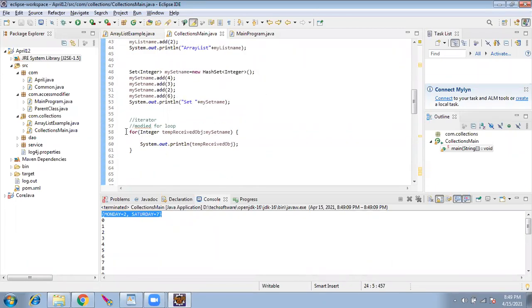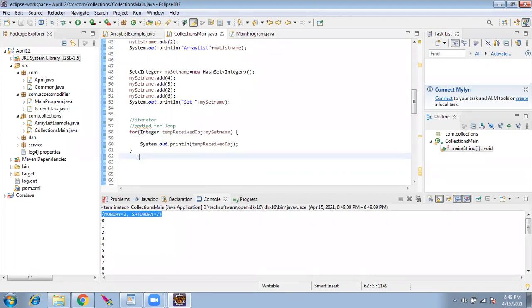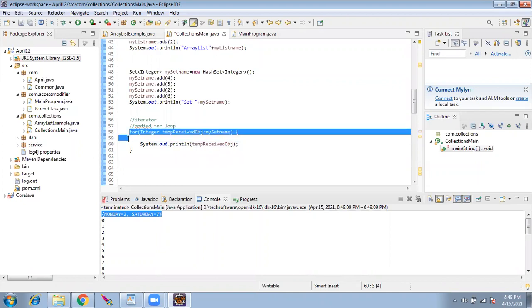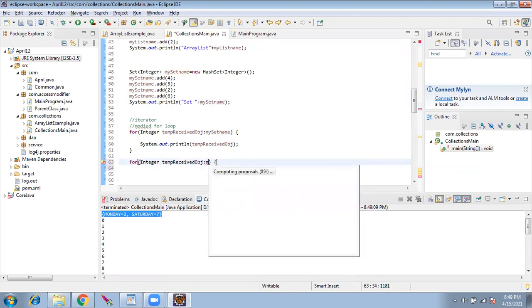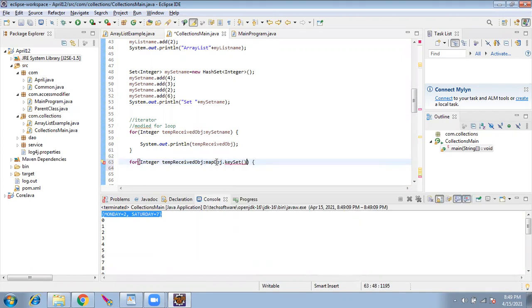The for loop structure is here, but the only difference will be the line map object dot key set. We have to iterate the keys, and the key is of type string.